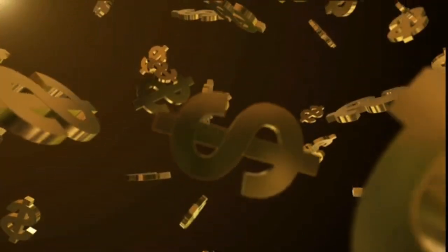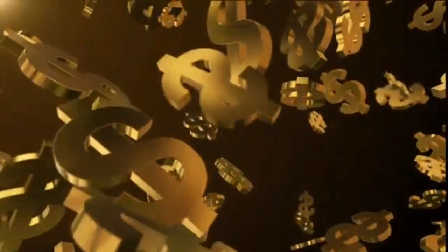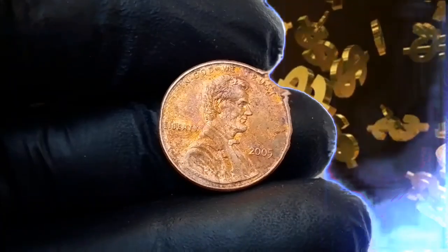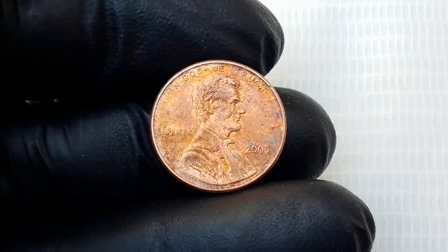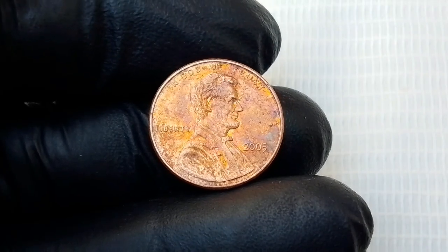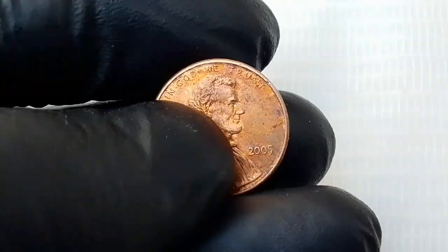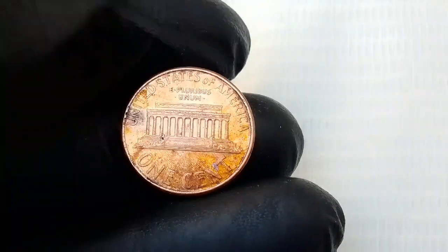Hey everyone, in 2005, a 1-cent coin was created, but it wasn't just any regular penny. This particular coin would go on to become one of the most valuable in the history of American currency. The story behind this seemingly ordinary coin is one of intrigue, rarity, and astronomical value that has fascinated collectors, investors,